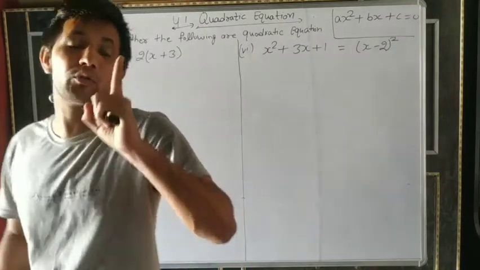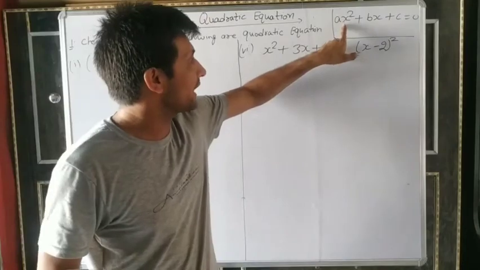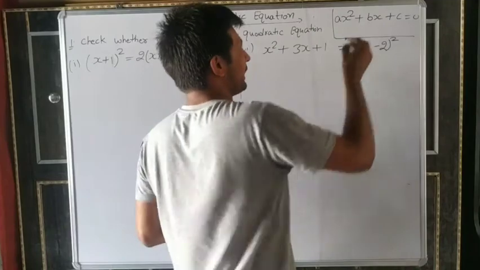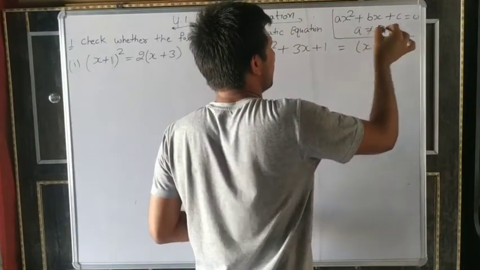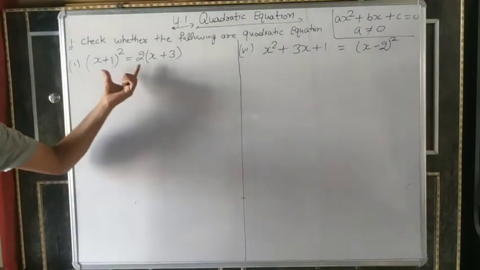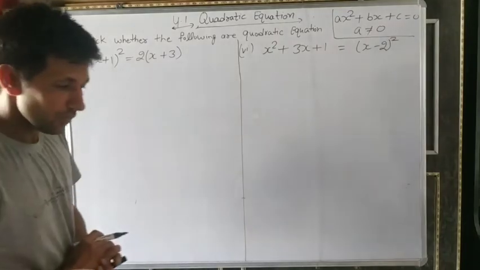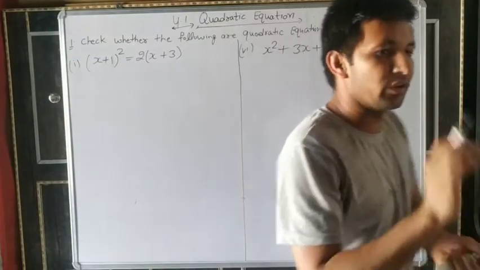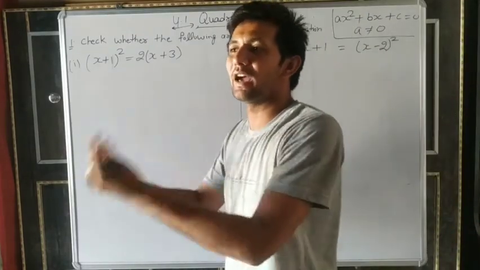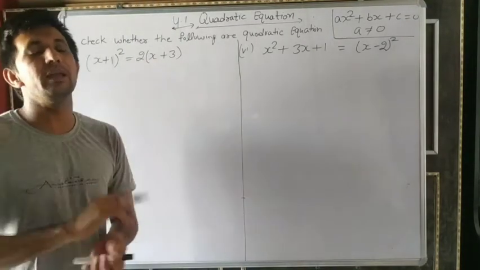So first you have to remember what is a quadratic equation. So it is the general form, ax square plus bx plus c equal to 0, and important is a not equal to 0, and a, b, c are real numbers. So therefore dear, first we will solve this equation. And do you remember, from the 7th class I am telling you, we will use this formula in 9th class, 10th class. Now you can see we will use this formula. These are very important formulas.